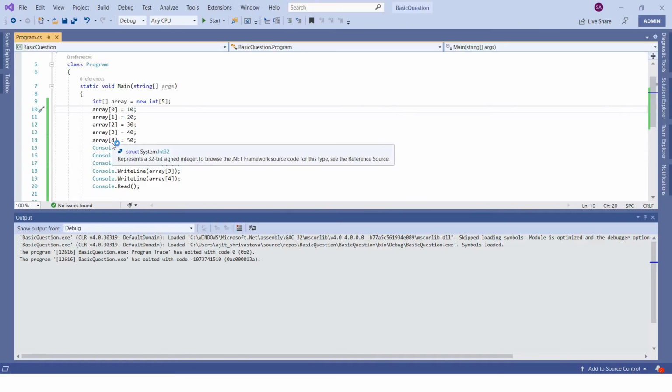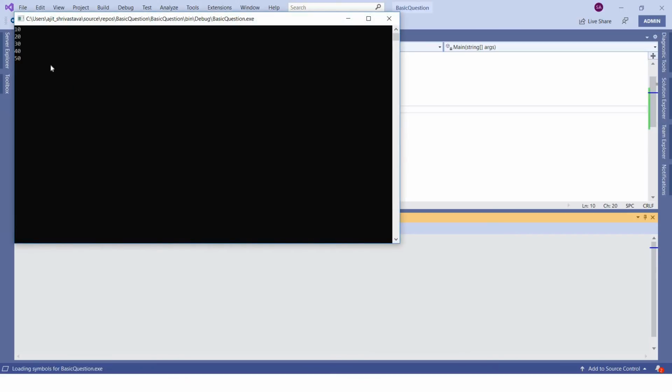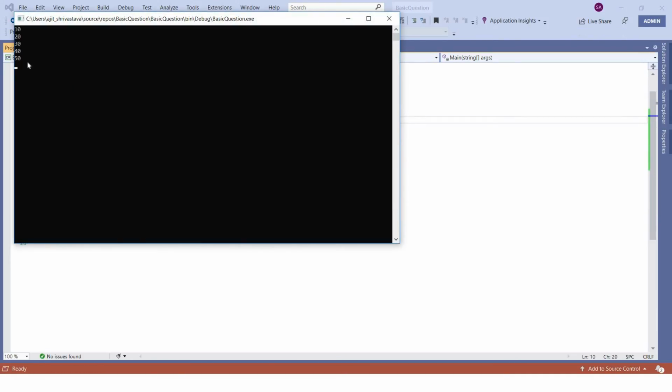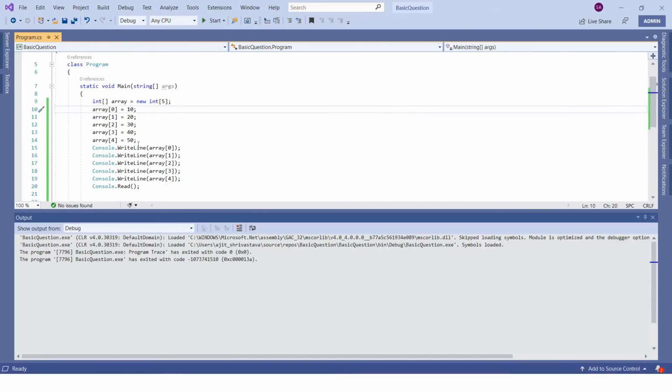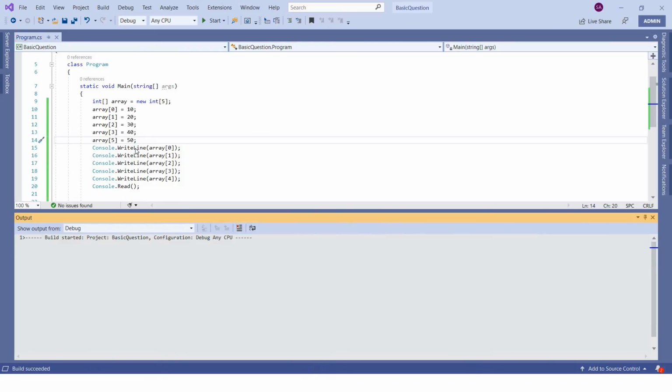So now let's try to print it. You should be able to see the values. You can see you are able to see the values, right? Now I made one mistake here, so let's see what it was. Instead of 4, what if I try to access an index which is outside of this size? Okay, now let's try to print.